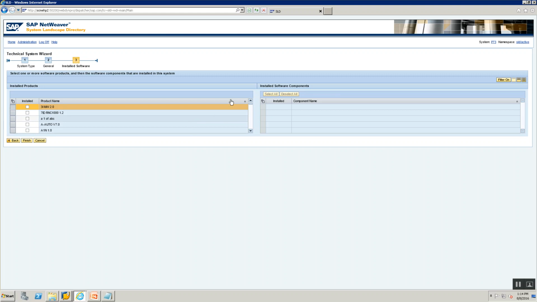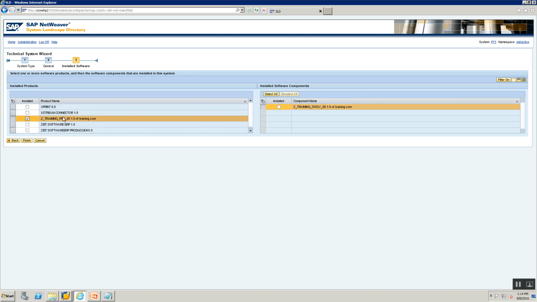Now it is asking me what are all the software products that have been installed on this technical system. Here on the left-hand side, it's asking me for the products, so let's select the product that we created. What was the name of our product? Z_training_product, Z_training_PRD. So what I'm telling is this technical system has this product running on it.